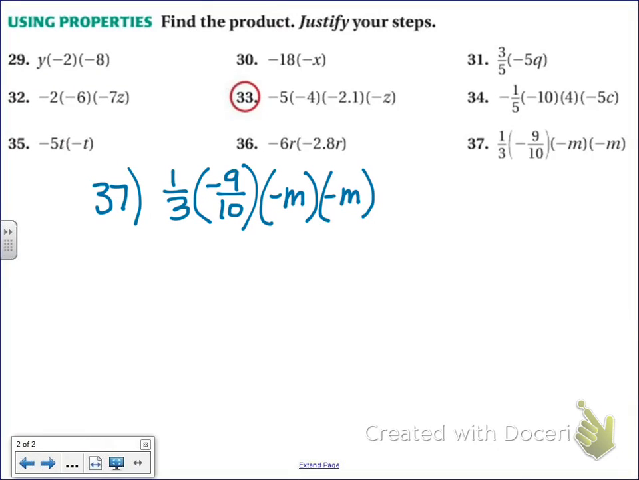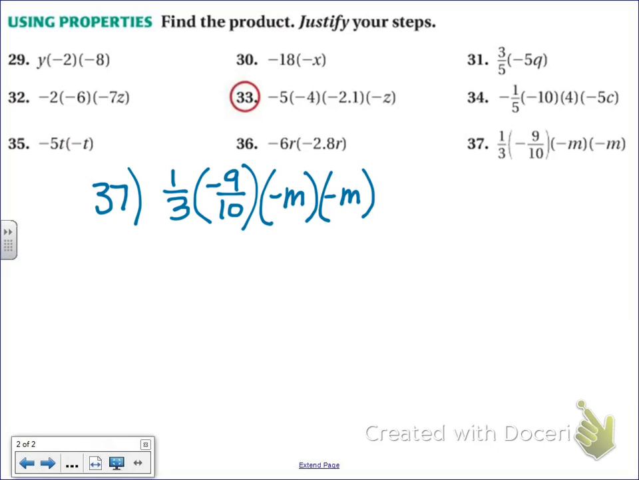All right, and here's a helpful hint for number 37 on tonight's homework. I have 1/3 times negative 9/10 times negative m times negative m. So all I want you to do here is multiply these together. And I just did a problem on another video that hopefully you'll look at, where when you multiply with fractions,